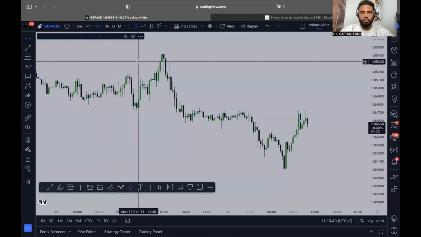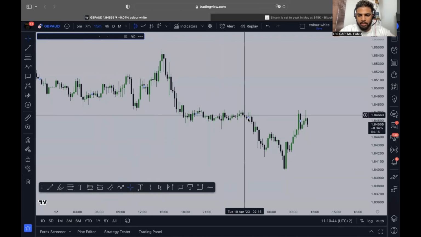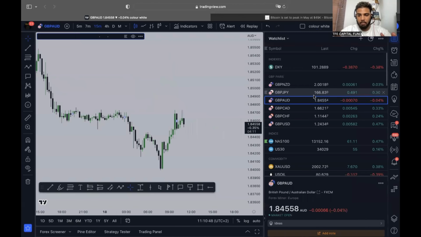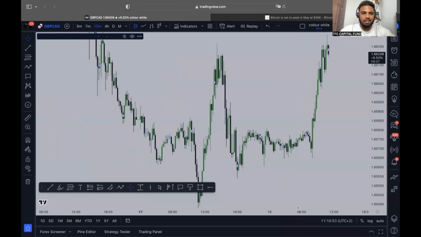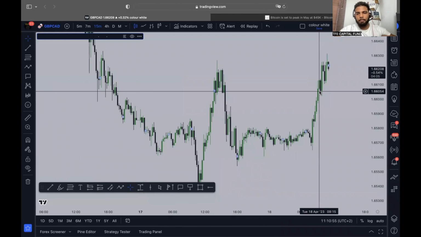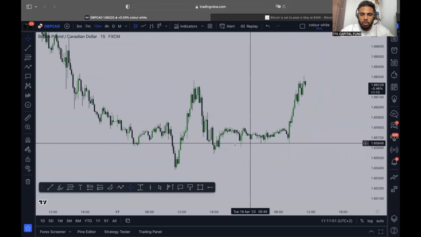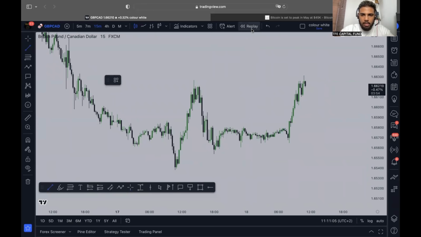I don't necessarily trade this at this time, but if you want to, the trend is up for the day right here. I'm not going to go into it because it's not really one of my favorites. GBPCAD. Now because we're having the CAD JPY CPI, that's very important. But if you look at how sharp this is going up, we have a trend going up, then it just shoots up. If you look at it nicely, the trend was like this. Okay, look, watch.